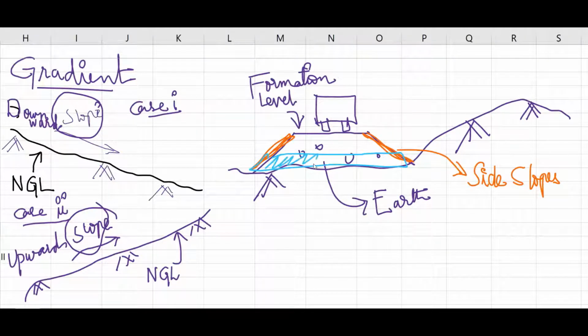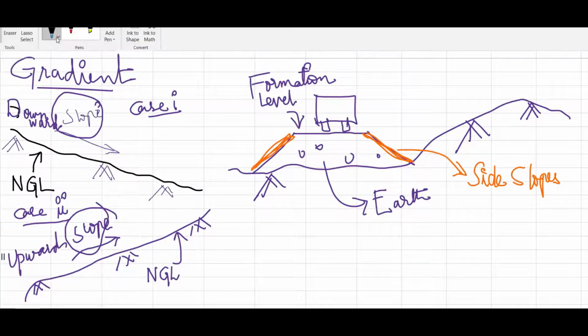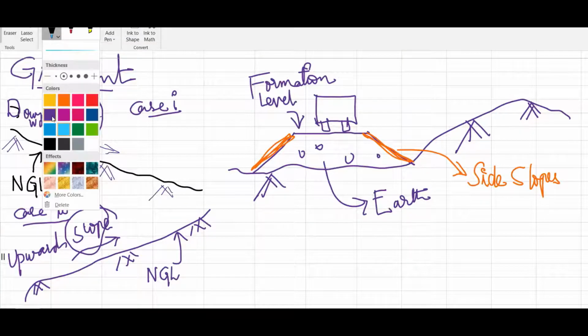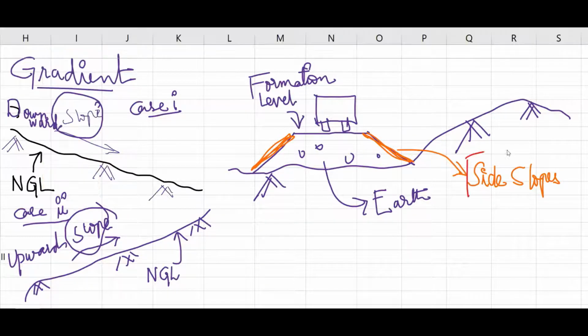If the water is more, then I'll provide a pipe here so that if water comes, it will go to the next side. That's secondary, called cross drainage works. We will talk about that later. But you need to remember these names. The first thing is side slopes. Normally these will be represented as 1:1, 1:2. We'll talk about what 1:1 or 1:2 is.